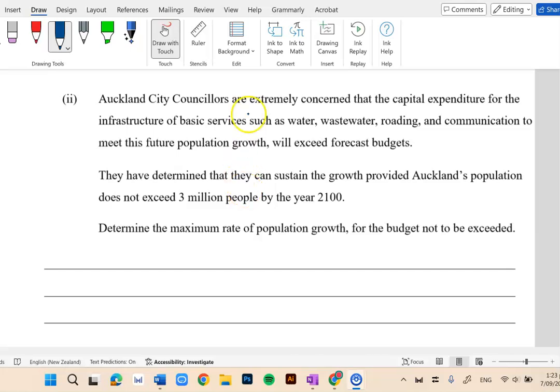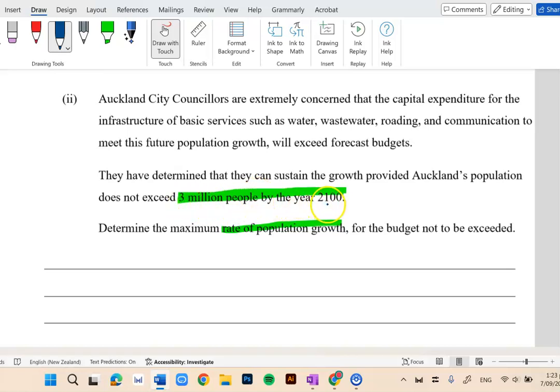So Auckland City Councillors are extremely concerned about the capital expenditure for the infrastructure of basic services to meet this population growth. They have determined that they can sustain the growth provided Auckland's population does not exceed 3 million. Okay, so this information is the only part that I really care about. Determine the maximum rate of population growth for the budget not to be exceeded. So, the question's asking us to find the rate by when it hits 3 million people